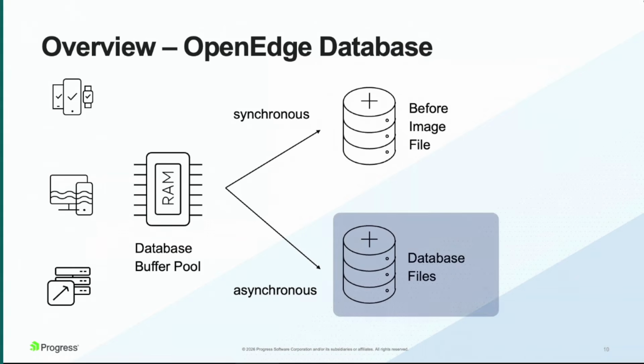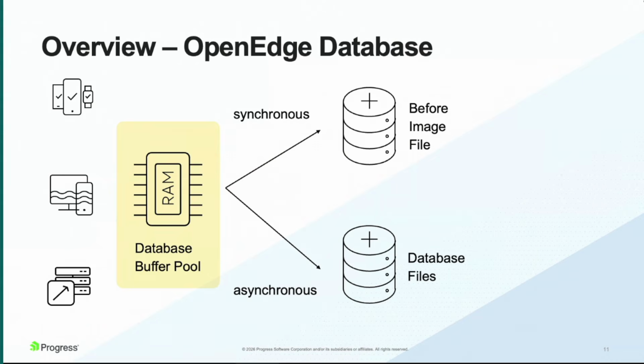So again, we talk about the database files, and that's what most people think. This is my database. This is just 1/3 of the database, right? We keep all the files on disk on the database, and then when something wants to be read, or if it needs to be updated or deleted, it gets read into the database buffer pool, which is a piece of memory. But think of it as a little piece of your Progress database up in memory. Okay, and then once it's in the database buffer pool,